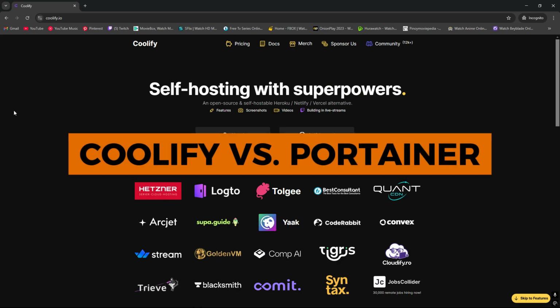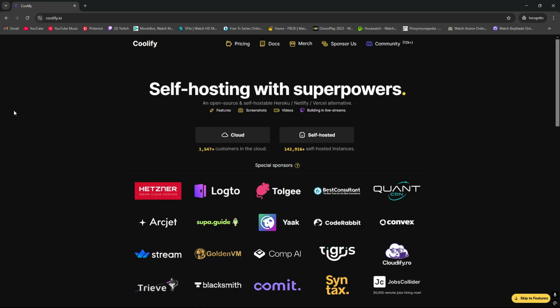Today, we will discuss Coolify and Portainer. Although they approach things differently, they both use Docker containers. They are deployed by Coolify and managed by Portainer. The goal of both systems is to increase accessibility to container management for a larger group of people, including developers who might not be very familiar with Docker. You can run both of them on your own servers because they are made to be self-hosted.